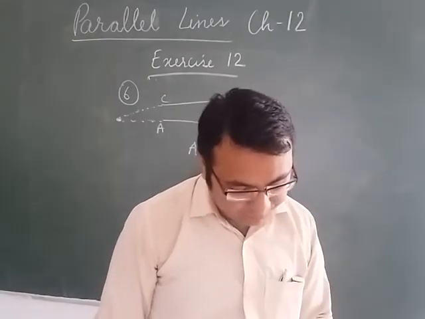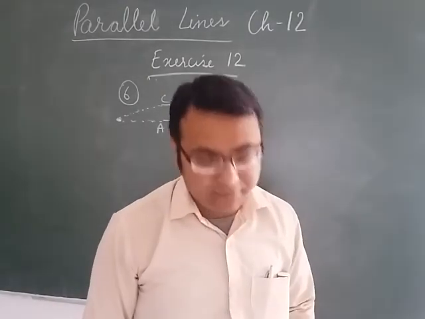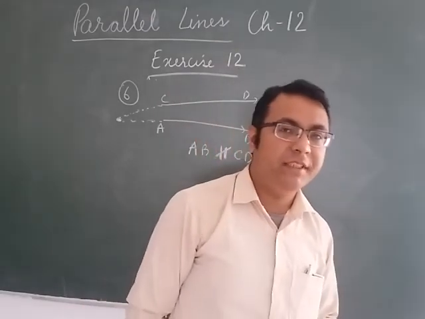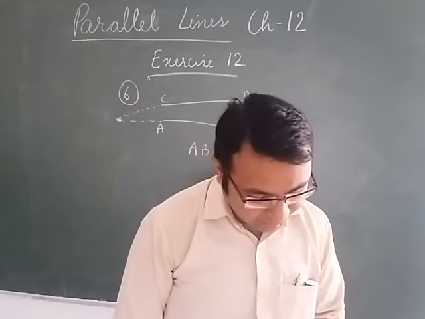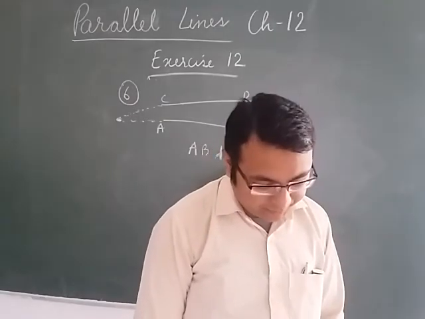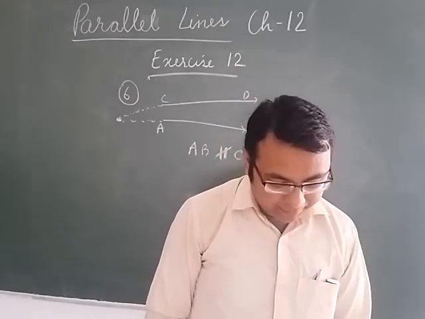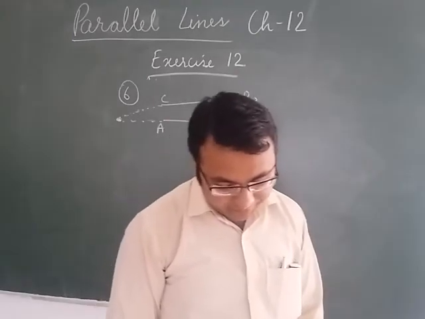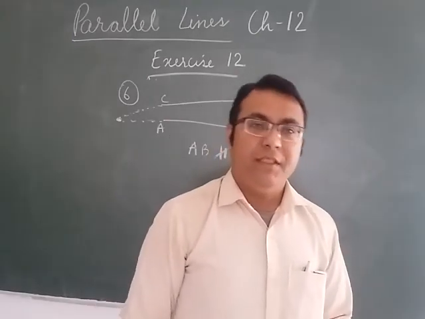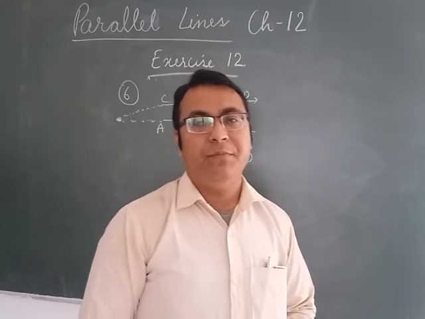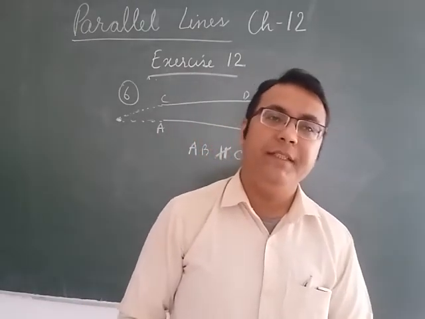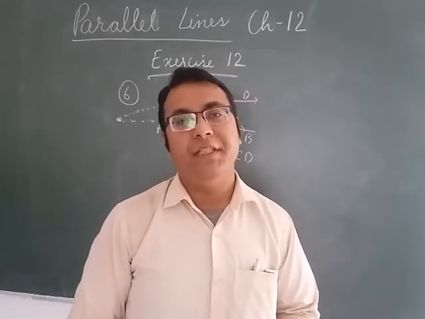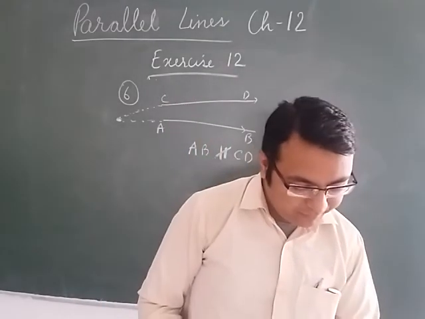Now question number 7, you have to check whether the given lines are parallel or not using this set square and ruler. This you can try by yourself. Now let's see question number 8, first part. Two lines are parallel if they do not meet even when produced. So this statement is true. Parallel lines, when they are produced in either direction, do not meet. So first part will be true.